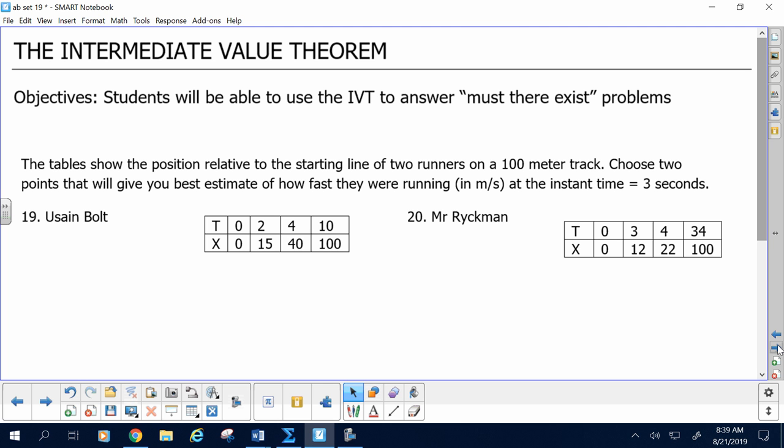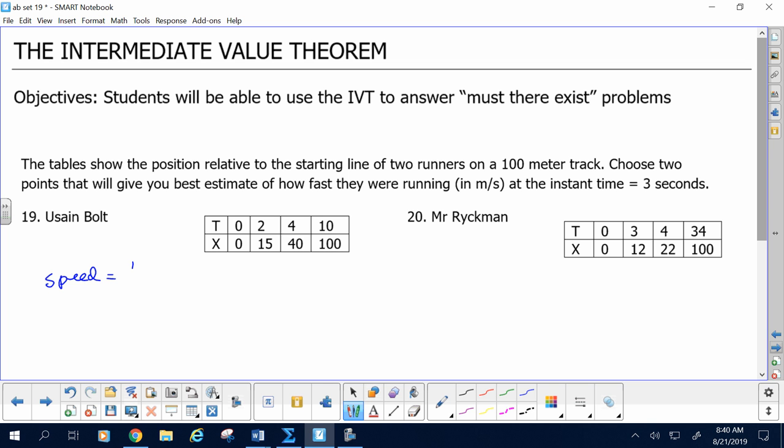I didn't actually analyze the video, nor did I actually run, because it's ridiculous. This is just a made-up table of stuff, and Usain Bolt actually runs the 100 in less than 10. But you get the idea. The point is still made. So here's the deal. I tell you at different times where Usain Bolt is on the track. And I could graph that data, but the main goal is to say, how fast is he running at time equal 3? Now, this how fast, speed